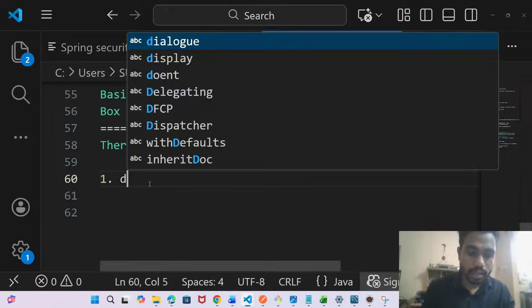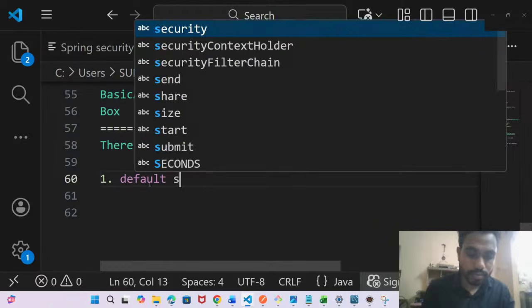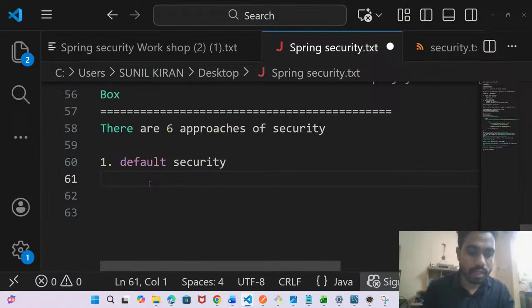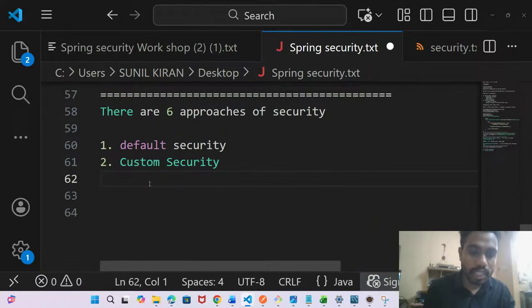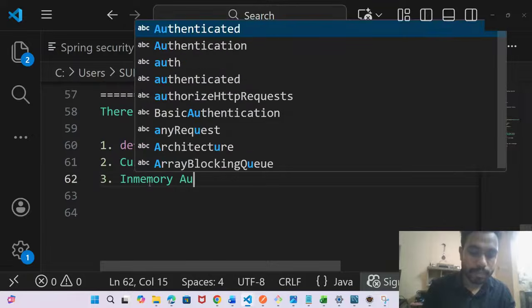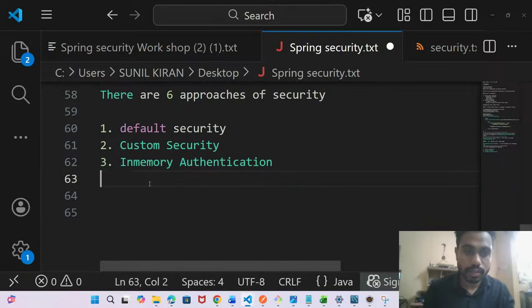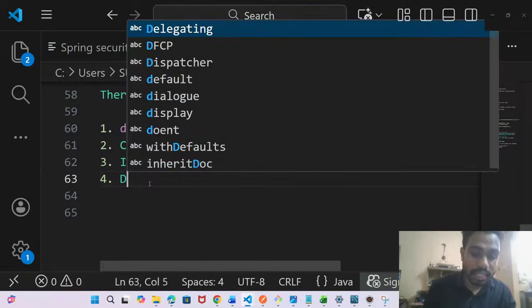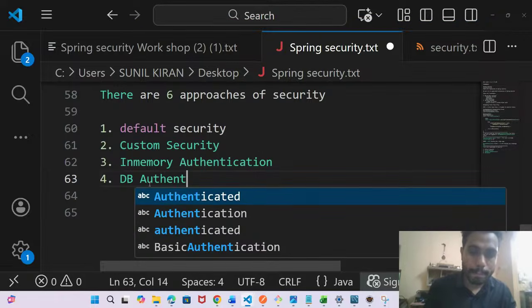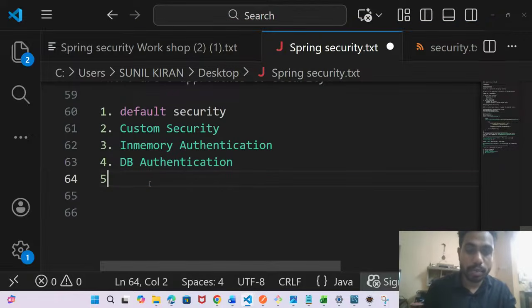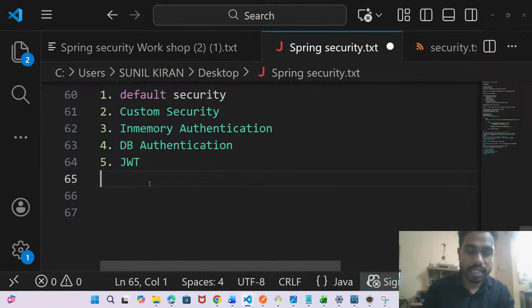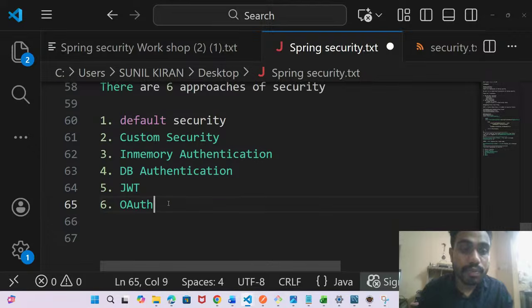One is default security, the second is custom security, the third is in-memory authentication, the fourth is DB authentication, the fifth is JWT, very important, and the sixth is OAuth. We will try to cover these 6.